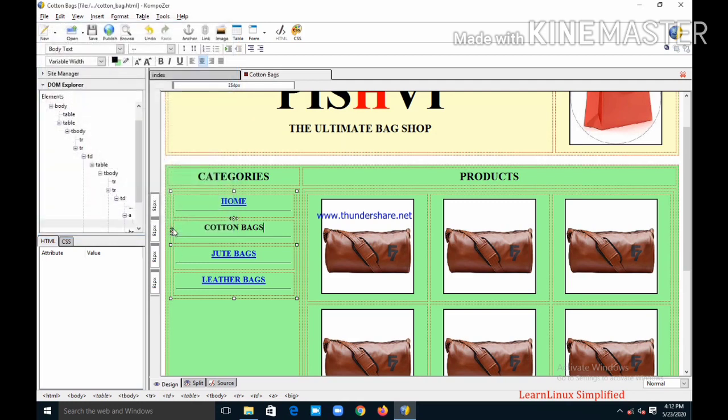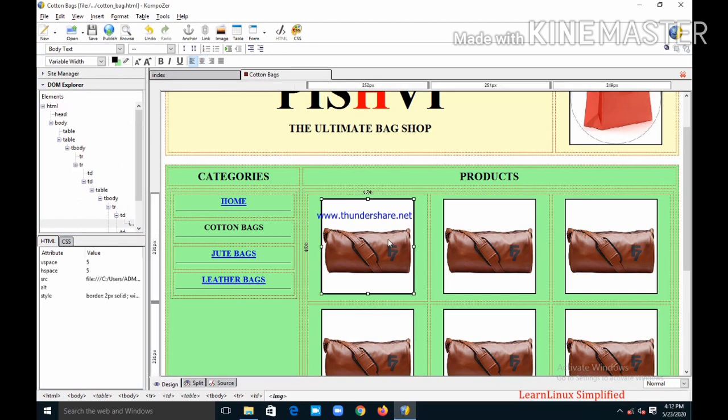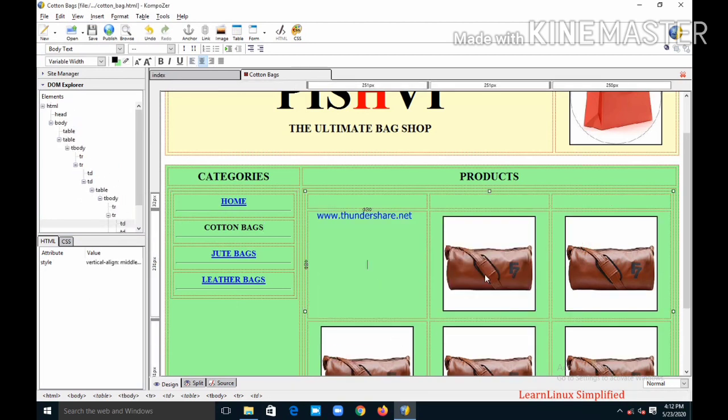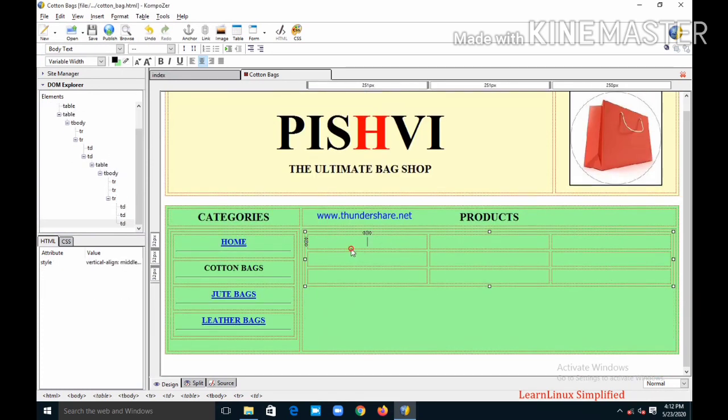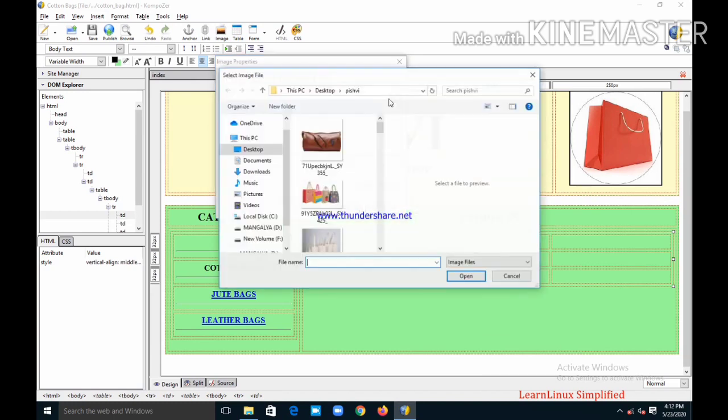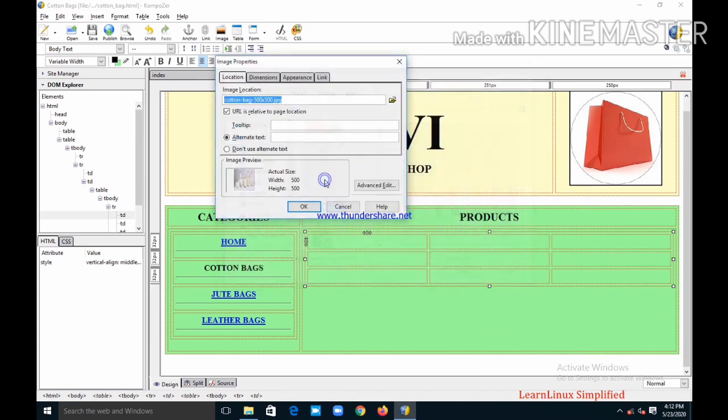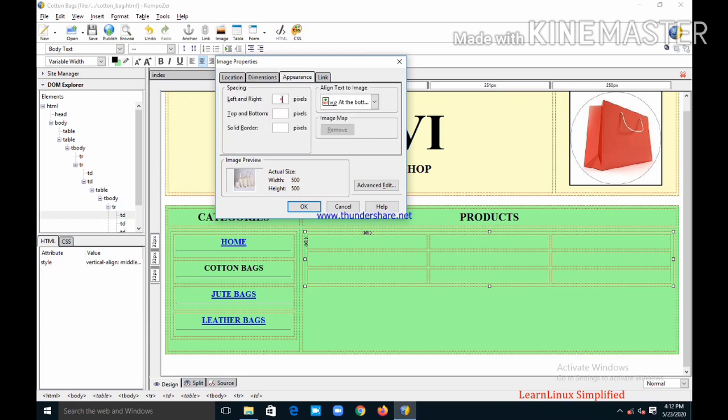Now change the product images. Here, image, don't use alternate text, dimension 200, appearance 5 2.